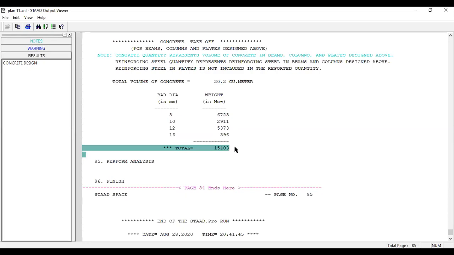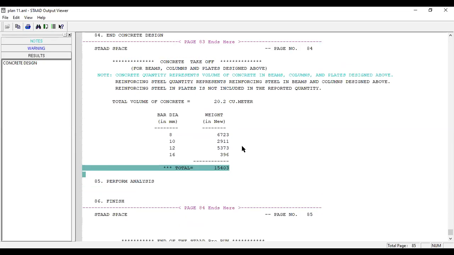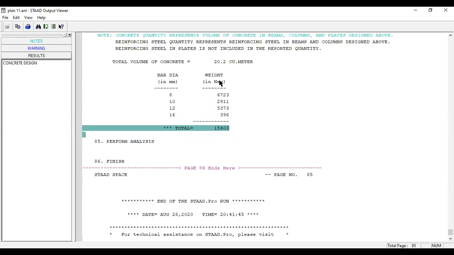You just need to convert it into kg or metric ton or quintal. Just convert it from Newton to kilogram.